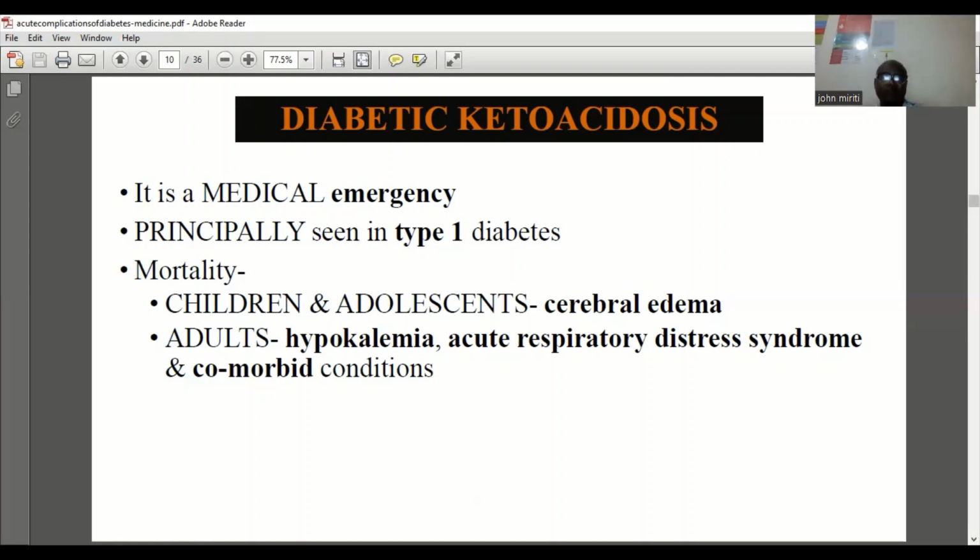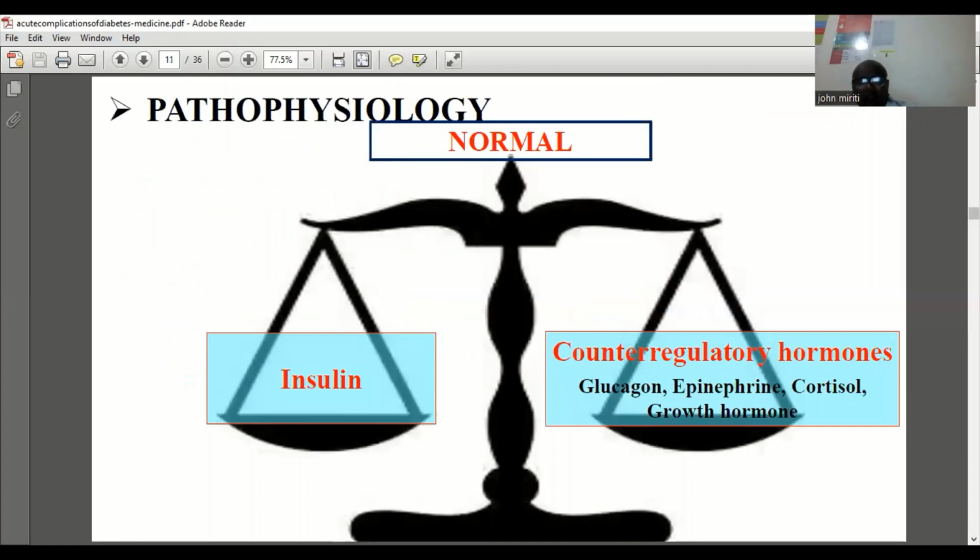Hypokalemia, you know that when you have hypokalemia, there is a problem of arrhythmias, and also it is associated with acute respiratory distress syndrome, and also comorbid conditions like ischemic heart disease and renal diseases. So let us see the pathophysiology